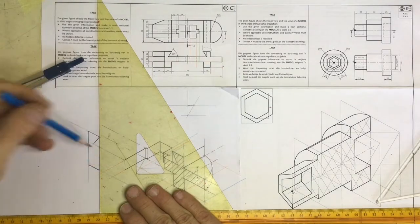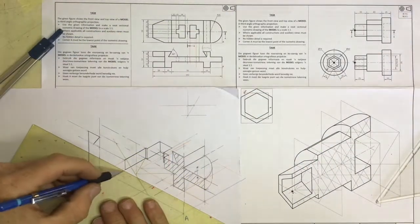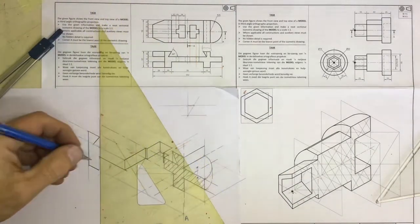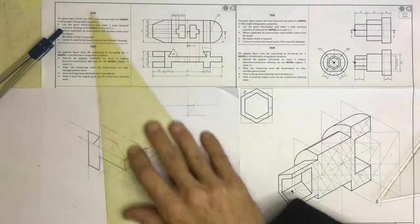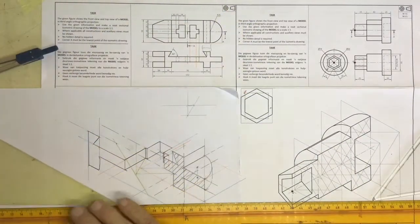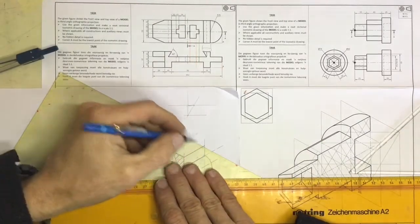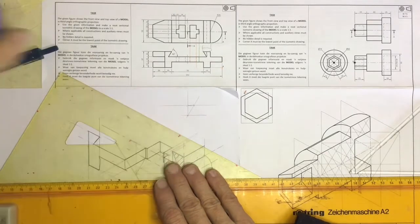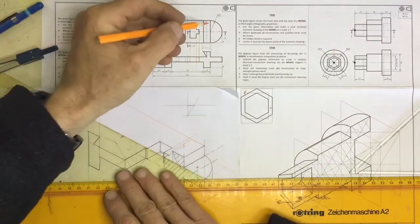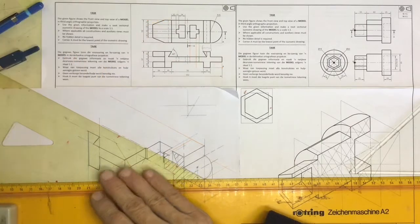I then go up over here, take a construction line coming up there, take a line coming from this corner over here across to there, and I need to drop a line going down over there and a line going from there going across there. Right, once I've got that in place, I can take a line coming across over here. Let's just draw a nice construction line coming across over there. That gives the top of that coming across to the top of this story over here,